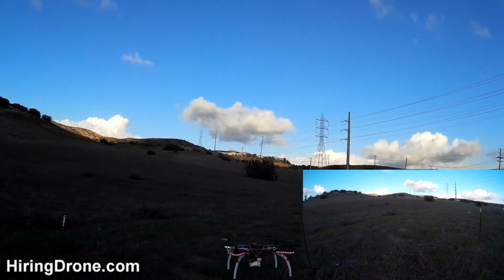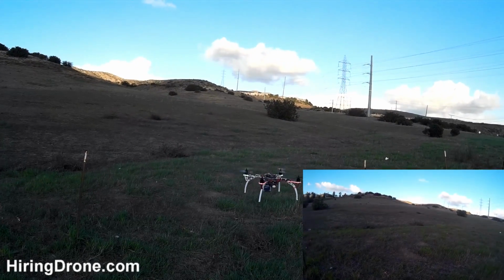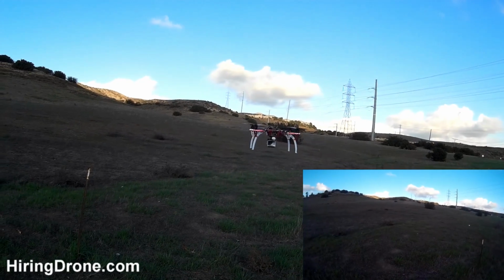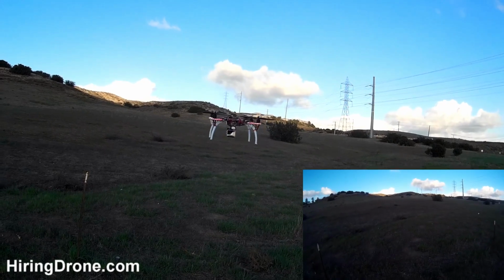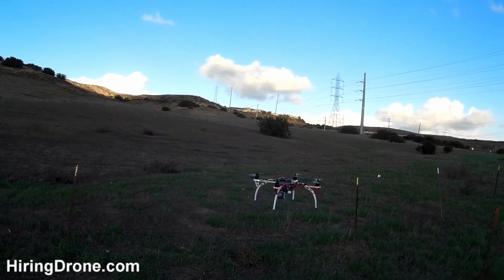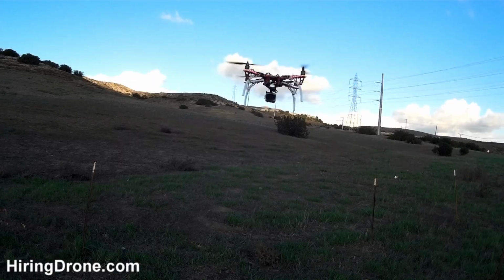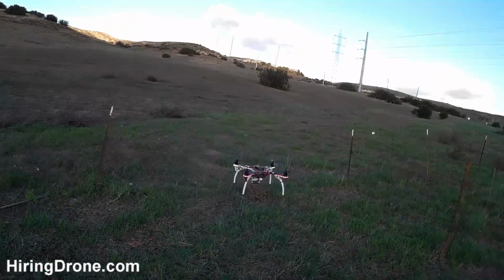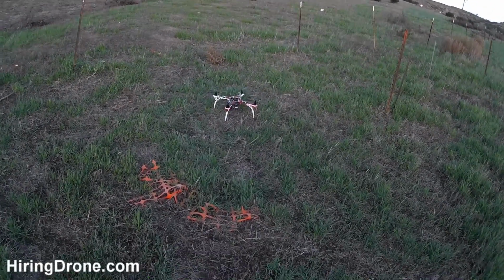So this is the F450 Flame Wheel knockoff do-it-yourself kit. Sunny Sky motors on it, KK 2.15 board, Turnigy 2200 battery. It has a Turnigy 9X transmitter, Simon K Hobby King 30 amp ESCs, and DJI landing gear on there, or knockoff. So go ahead and take it in for a landing,